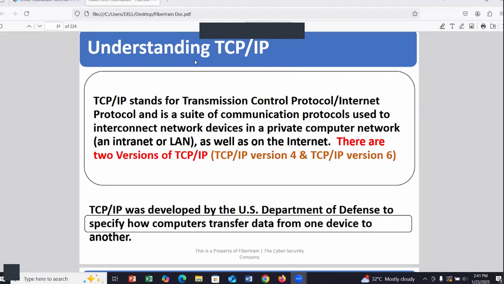What we're going to be focusing on today will be understanding TCP/IP. So when we're talking about TCP/IP, what does TCP stand for? TCP stands for Transmission Control Protocol, and IP stands for Internet Protocol. So when we're talking about TCP/IP, the two protocols work together, and the function of these two protocols is